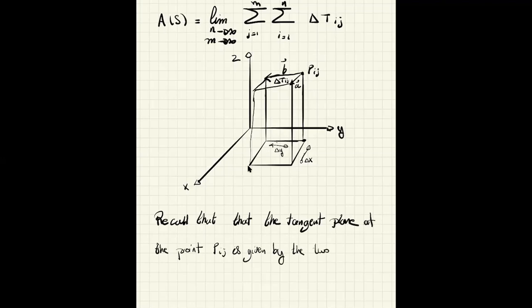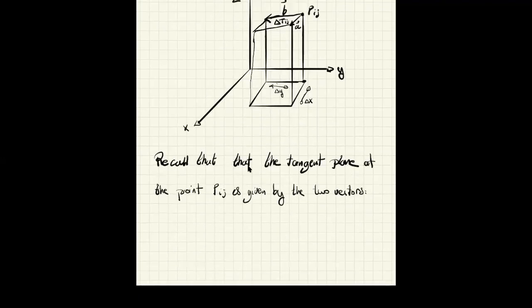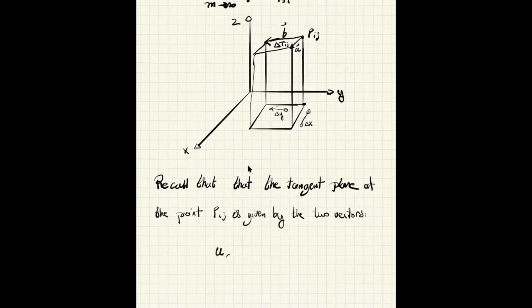Because remember, a plane is determined by two vectors. The two vectors UA,